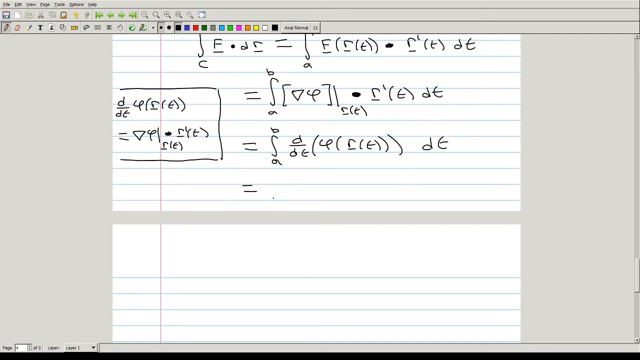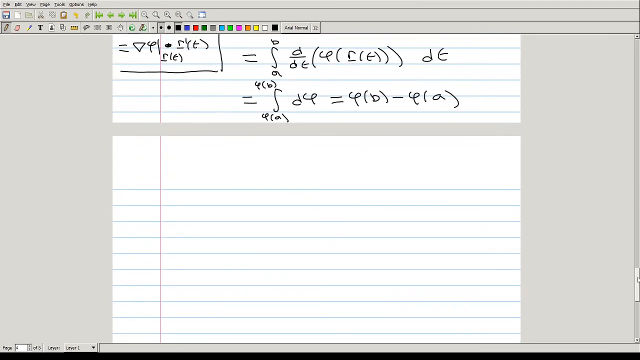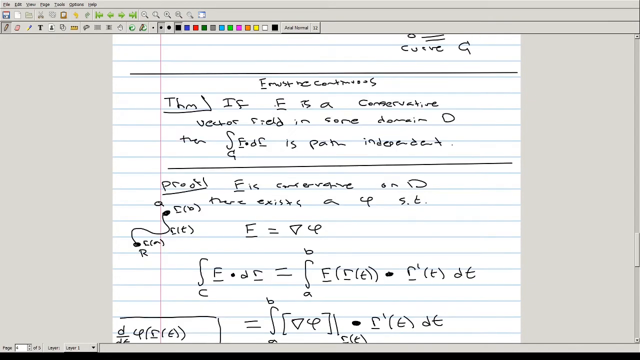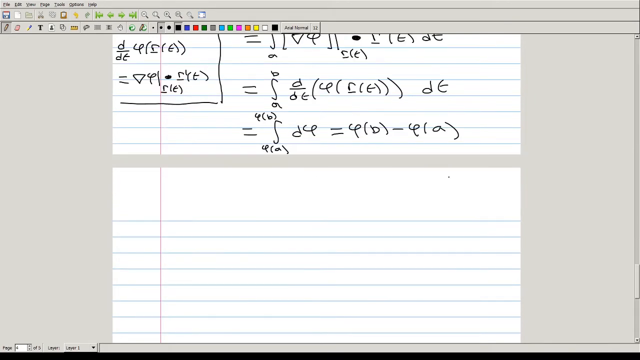which is the same thing as the integral from the potential at A to the potential at B of d phi, which is what happens when you make the change of variables here. So this just becomes the difference phi of B minus phi of A. And since this phi has to be a differentiable function in order for f to be a continuous vector field that's equal to the gradient of phi, that means that